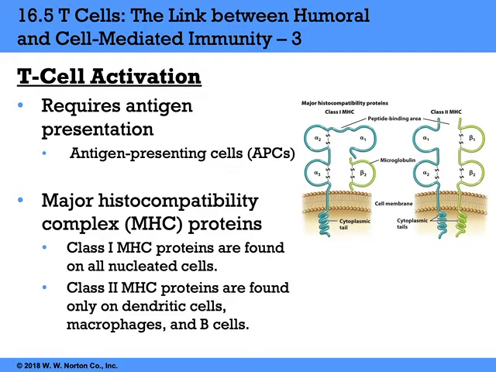What will happen is that a class 1 MHC protein complexed with foreign antigen is basically a signal for that cell to be destroyed. But it can also serve as a way to activate a wandering cytotoxic T or a wandering B cell, the first stage of activation. The class 2 MHC is what's found on a macrophage or dendritic cell, and when it presents foreign antigen, that is a way to stimulate the helper T cell in order to prepare it to activate already activated B and cytotoxic Ts,